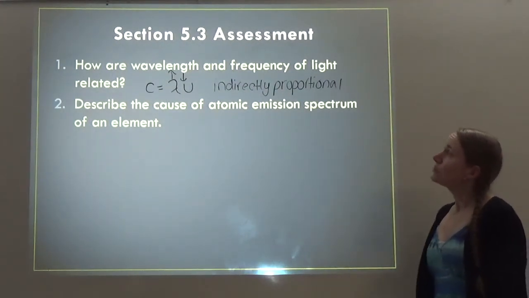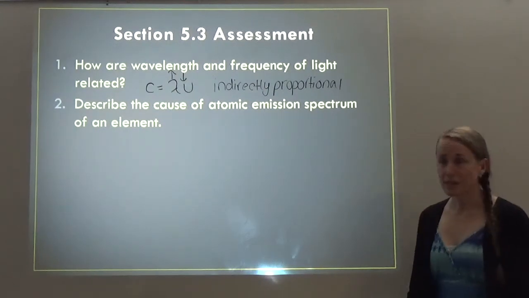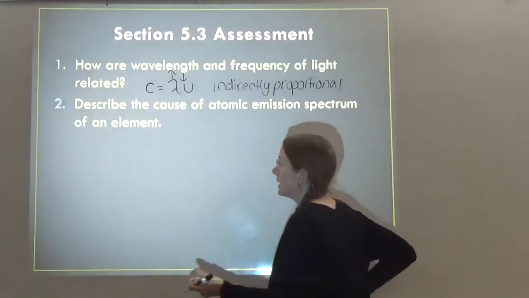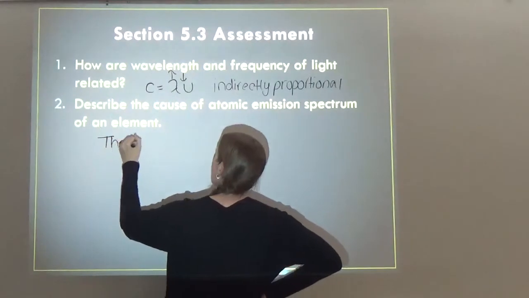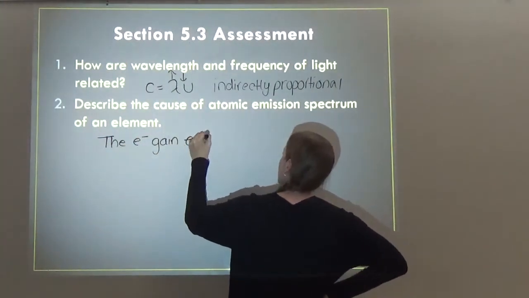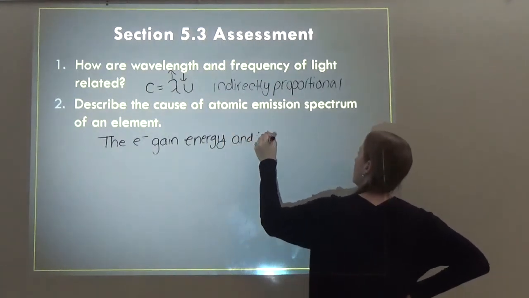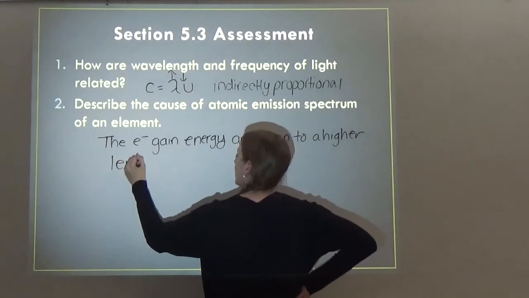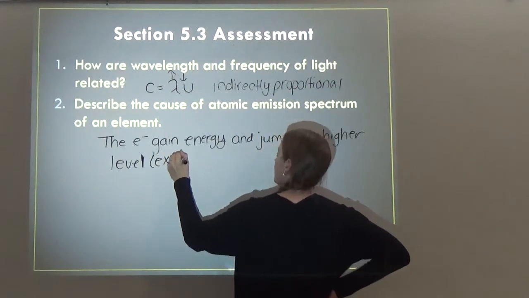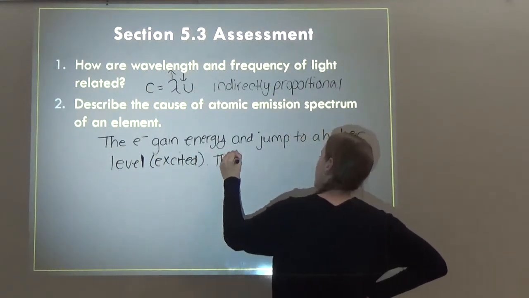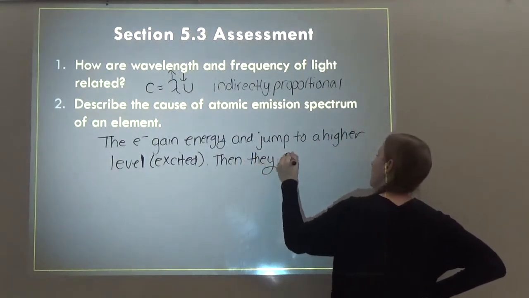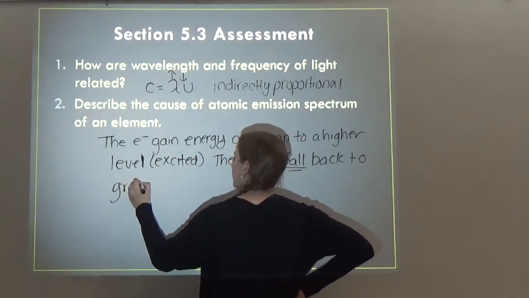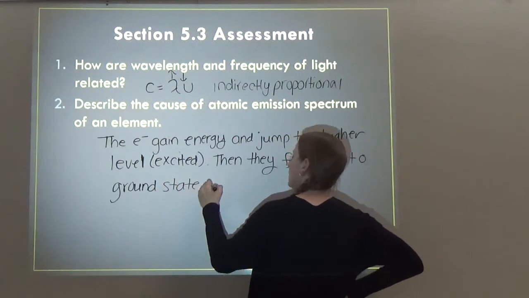All right, for number 2, it says describe the cause of the atomic emission spectrum of an element. So remember, the atomic emission spectrum is when the electrons release energy in the form of light. So what happens is the electrons gain energy and jump to a higher level. In parentheses, I'm just going to put excited, because that's what that's called. They become excited. Then they fall back to ground state